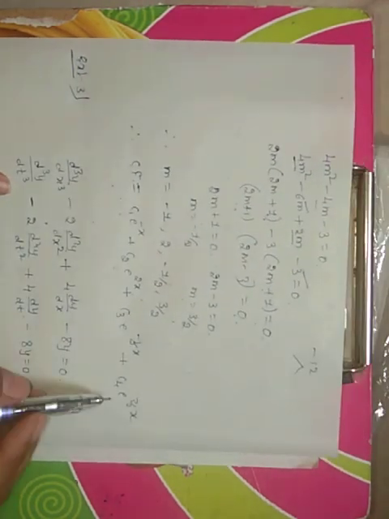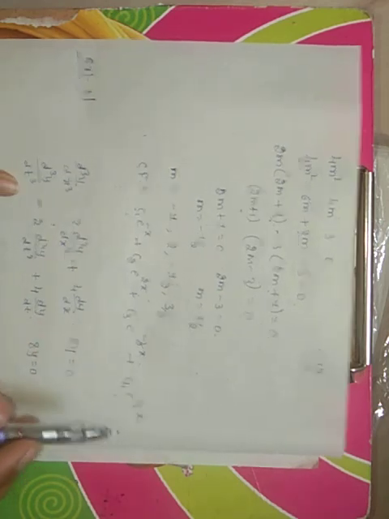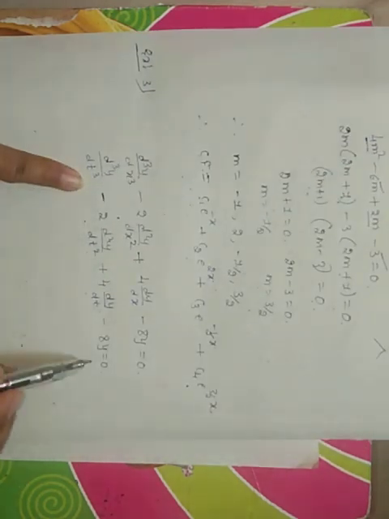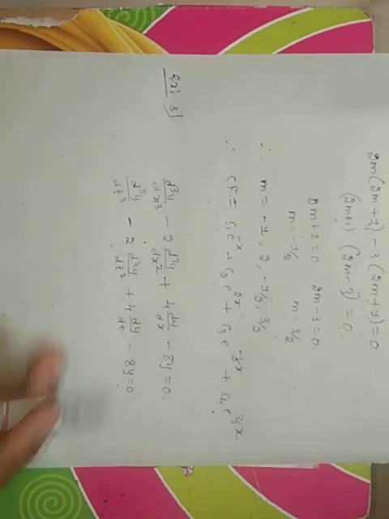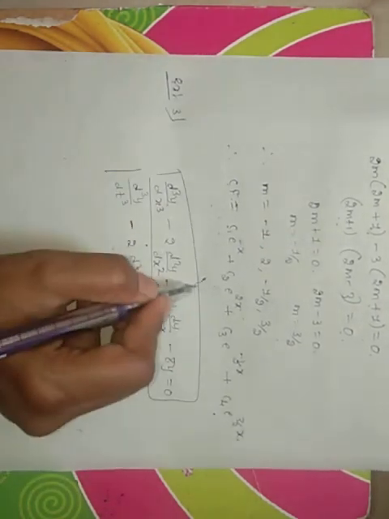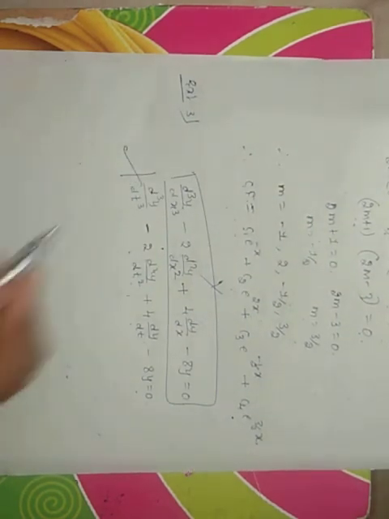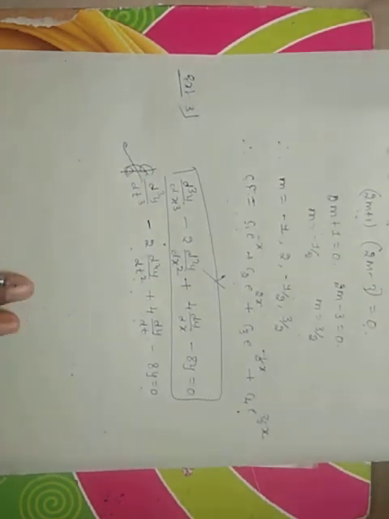When it is in terms of x, we use a complementary function in terms of the variable x. If it is in terms of the variable t, how to solve? So I am considering only this equation. I just neglect the other equation. I will consider the equation in terms of the variable t only.